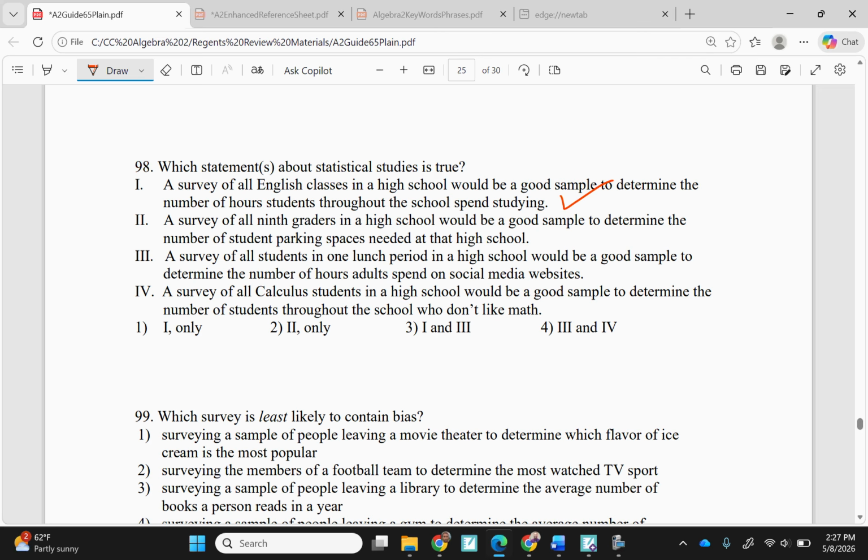A survey of all ninth graders in a high school would be a good sample to determine the number of student parking spaces needed. If you're only asking ninth graders, that is not the entire population. That's biased. Also, ninth graders don't drive. If you're a ninth grader and you drive,